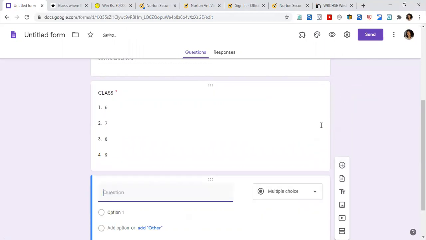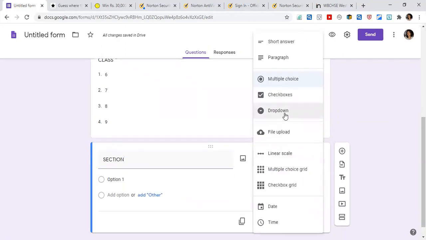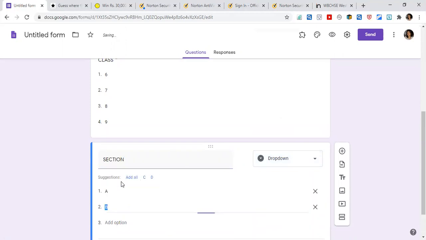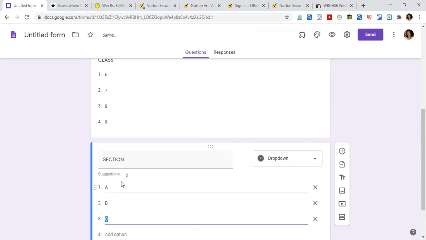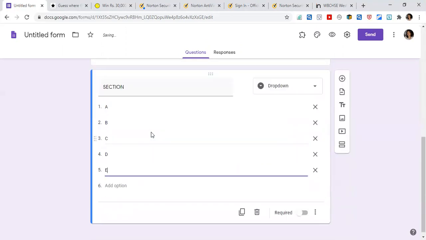The next is about section. Generally we have 5 sections in our school, so we can add A, B, C, D, and E. Again a required button.